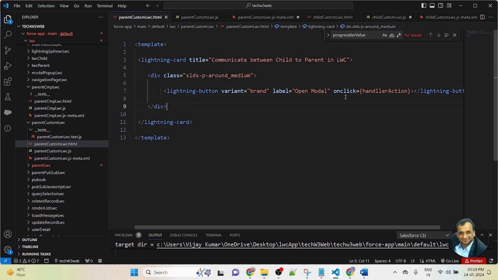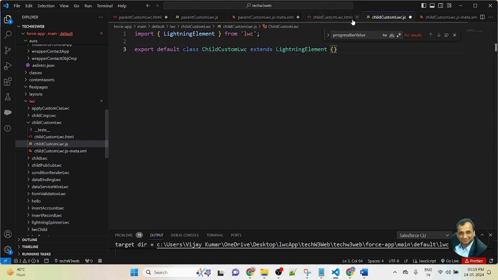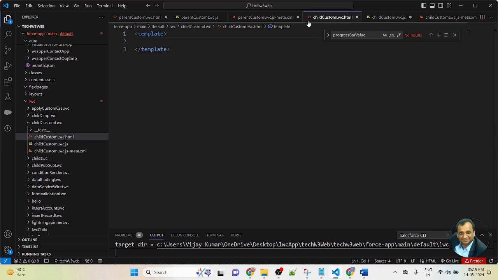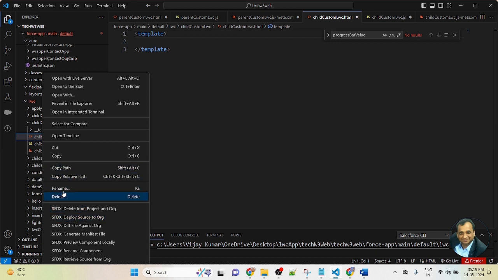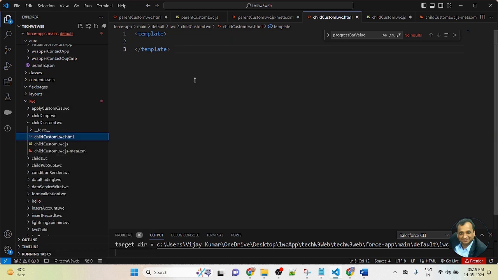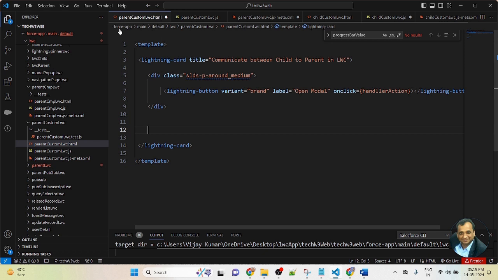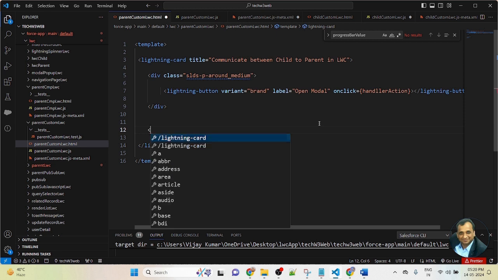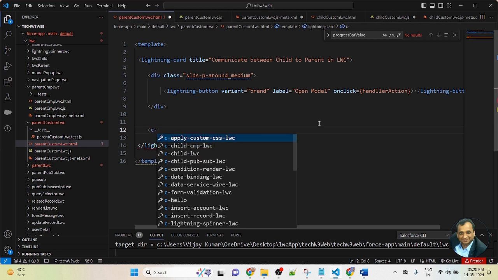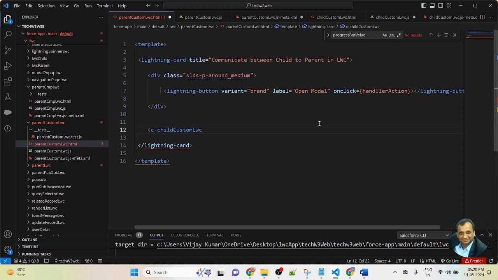Now, after this div, I will open the modal pop-up. So after this div, I am calling the child component. The child component name is child custom LWC. So copy the name of the child component. This is the parent LWC component, and here I am calling the child component. First start with c dash, then write the name of the child component.